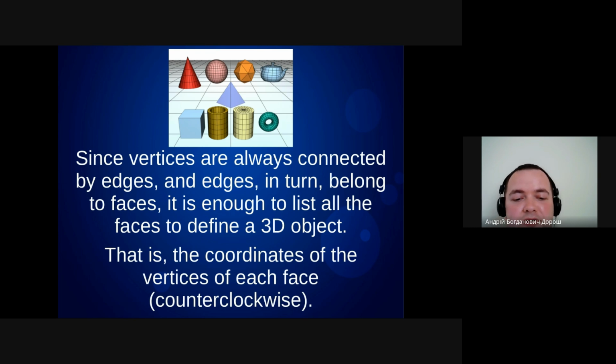That is, the coordinates of the vertices of each face. Of course, it should be counterclockwise. So if you look at this picture, you can see many different shapes. The simplest ones are the cube and the pyramid. And if you look at the cube, you just need to specify all faces, in counterclockwise order,